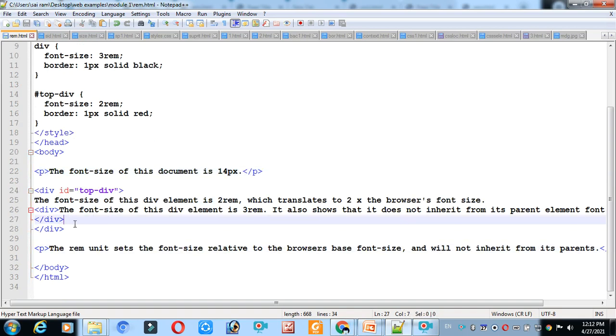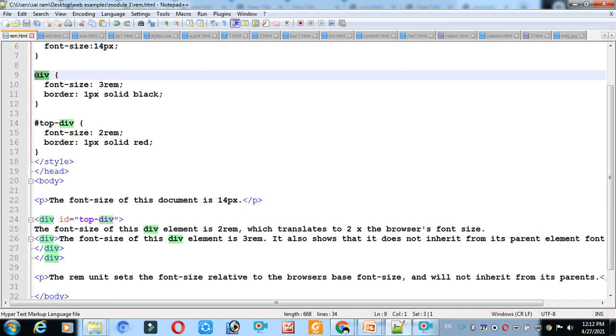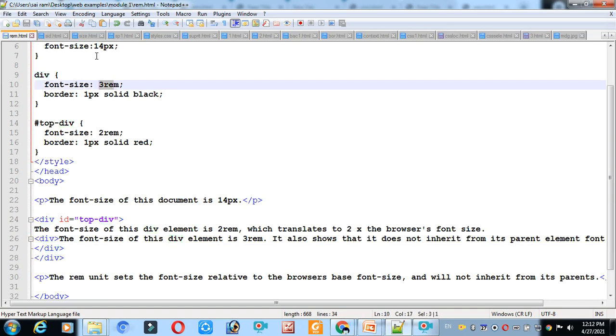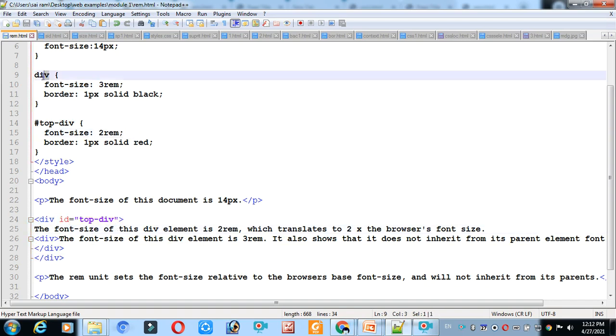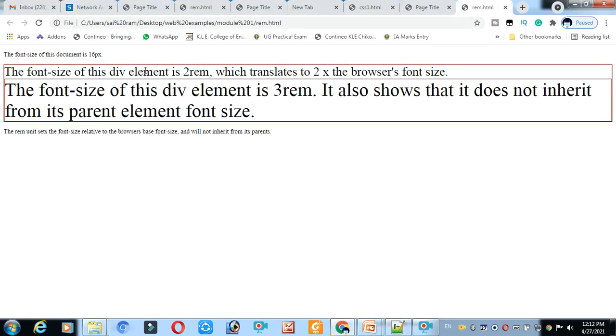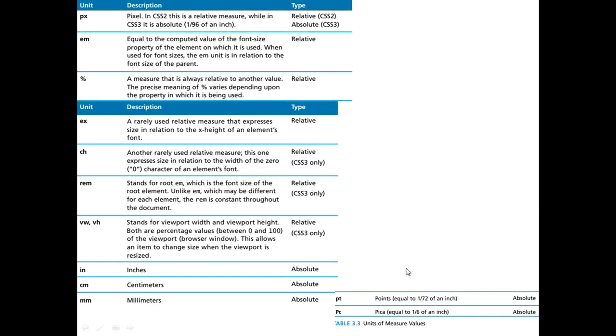And what about this division you made here? For the division, it's 3rem, which represents 14 into 3. You have one division, and one more division here, right? Top has a different size, which is 2rem, and the other division is 3rem. That is the size available here. Clear? It is 2rem for one and 3rem for the other. Okay, this is regarding